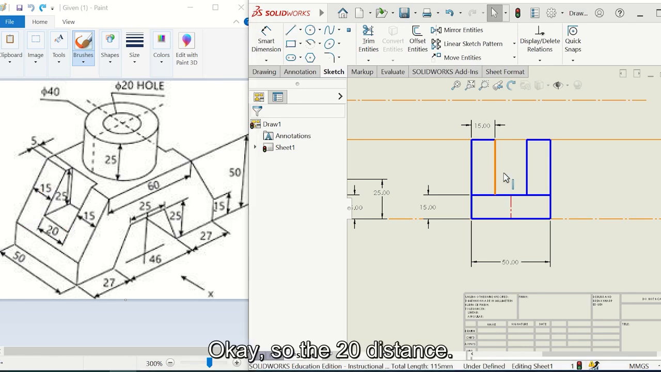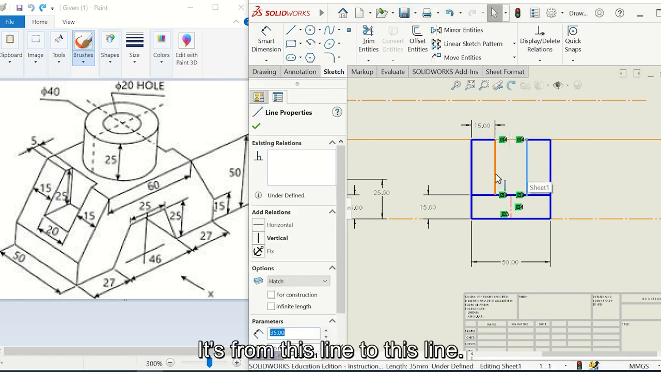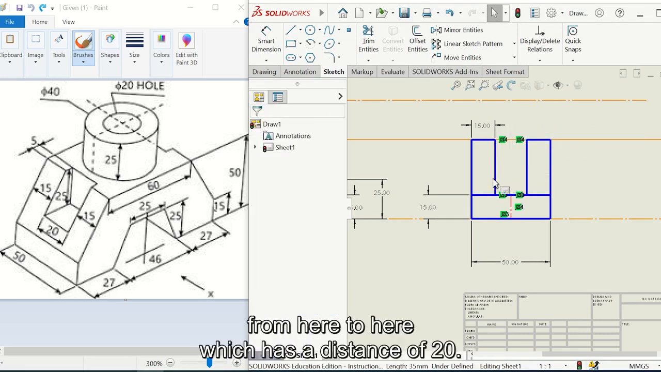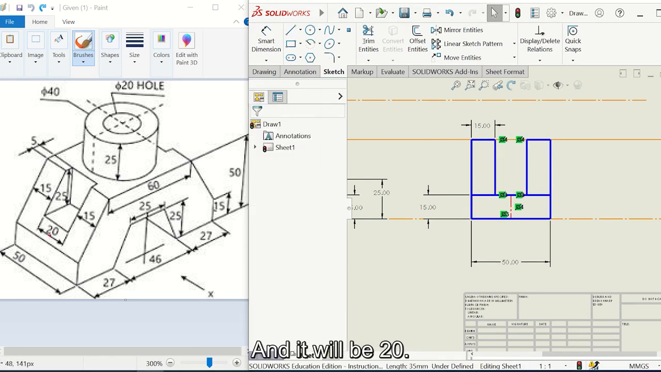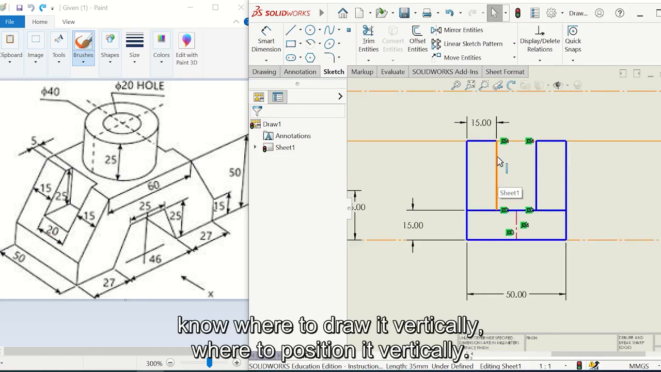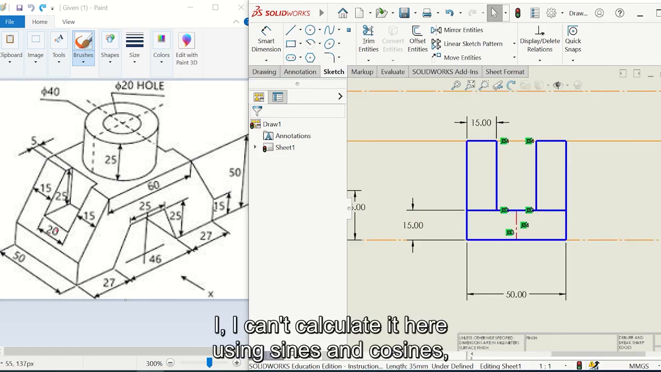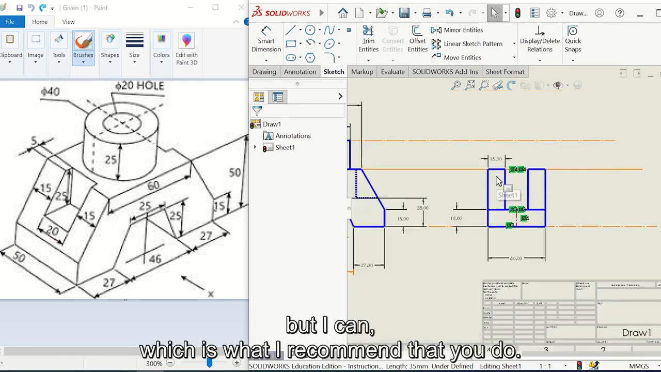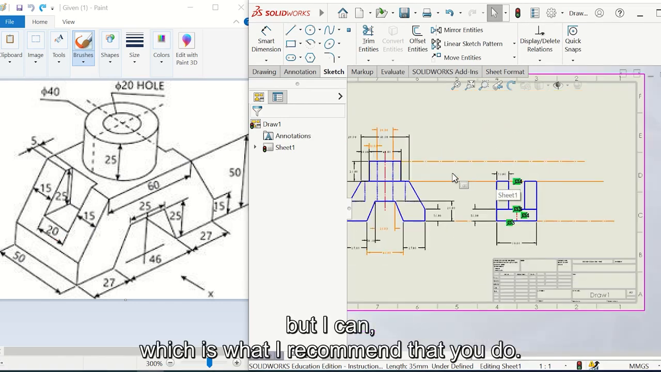Okay, so the 20 distance, I already have it. It's from this line to this line. It's already drawn. So I need a horizontal line here, from here till here, which has a distance of 20, and it will be 20. However, I don't know where to position it vertically. I can calculate it using sines and cosines, but what I recommend that you do is